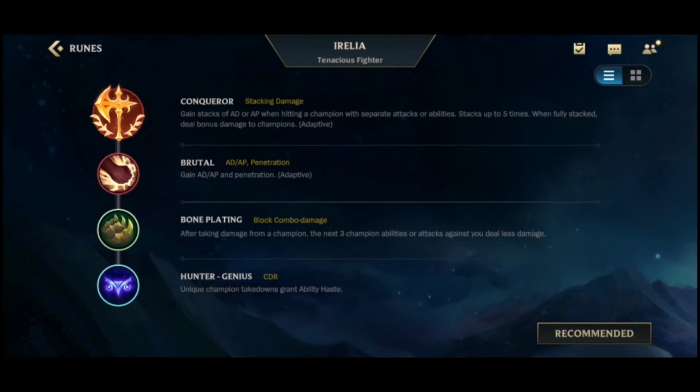This one I'm using the new rune Bone Plating. Why? Because again, it's very useful in lane because you take less damage from the one champion you're fighting in lane. Why? Because if you take damage from a champion, the next three attacks or abilities from that champion deal less damage. And this is very useful in the laning phase especially, because